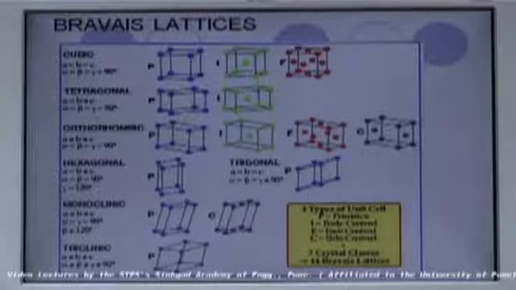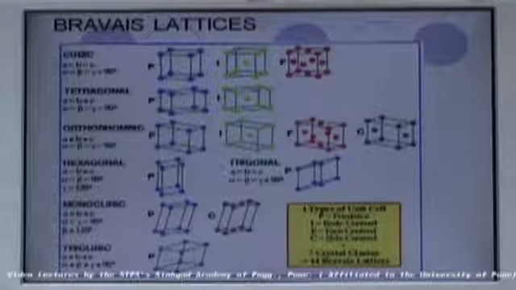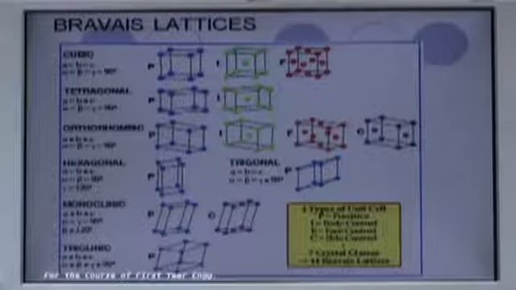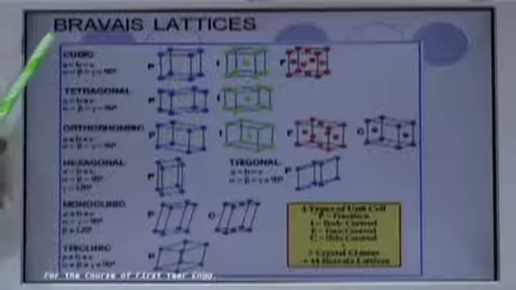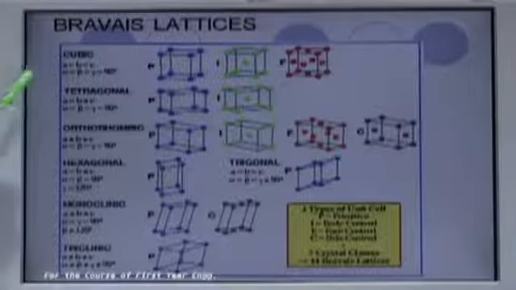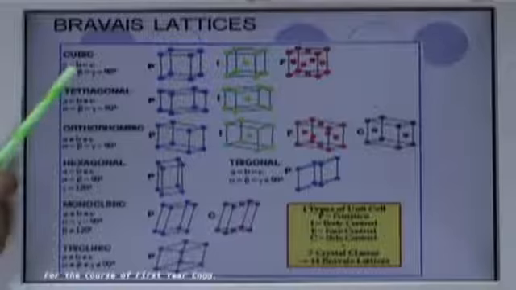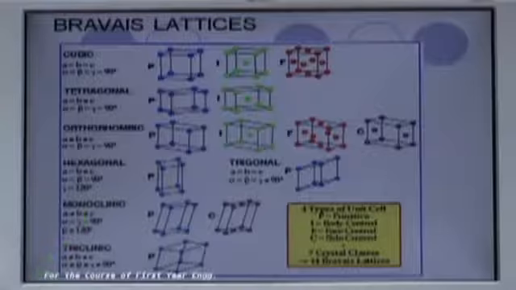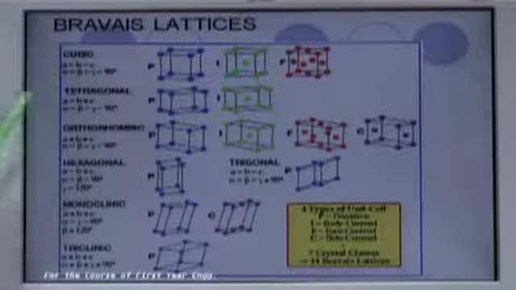Now let us see what are the Bravais lattices. Crystal systems do not describe position of atoms, ions or molecules in the crystal. So if the description regarding position of lattice points is added to the crystal system along with lattice parameters and elements of symmetry, then crystal system is called as Bravais lattices. So let us see how many types of unit cells are possible for each crystal system. These are the 7 crystal systems. In the previous part only we have seen which are the 7 crystal systems.